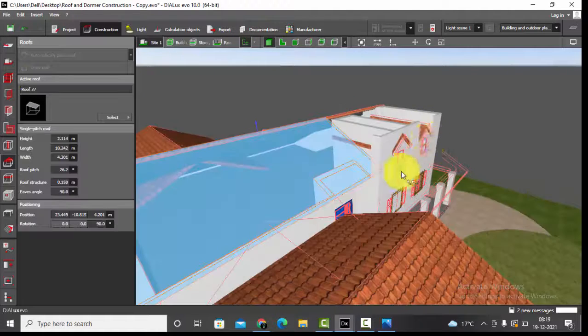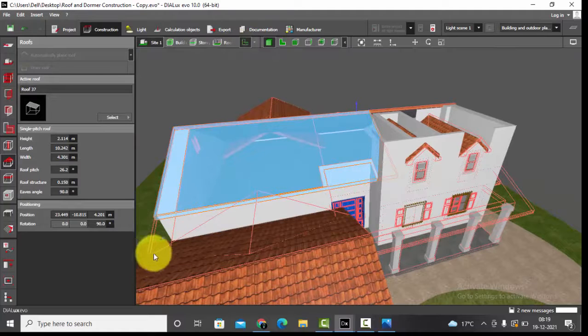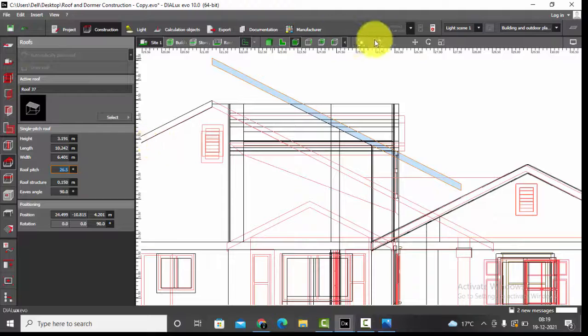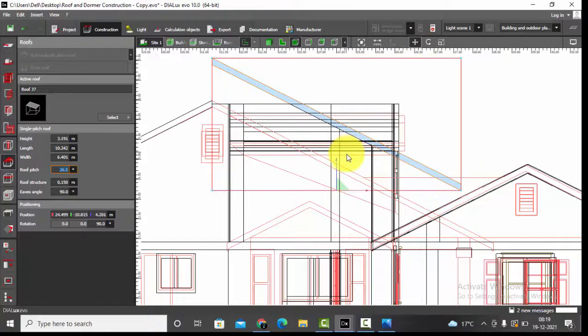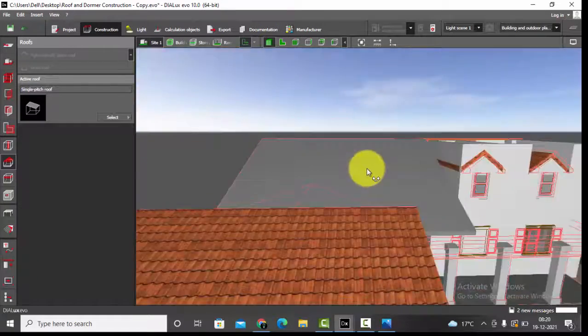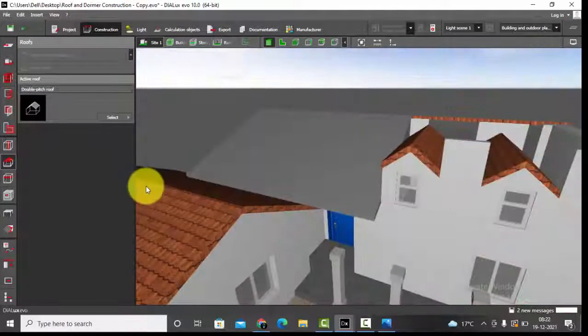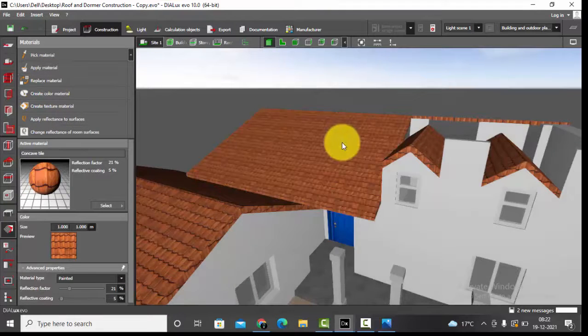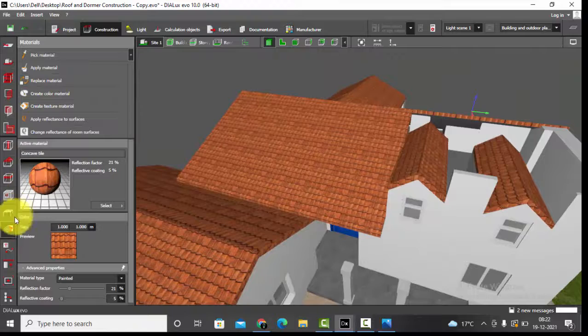This is perfect. We can extend the roof because we have the roof till here, so we can scale it directly. Check the roof pitch once you're using the scale tool, because the roof pitch may increase or decrease, so accordingly you can change the roof pitch again and place the roof structure. Now it's perfect. And done, properly placed. We'll apply some texture to this. Perfect.